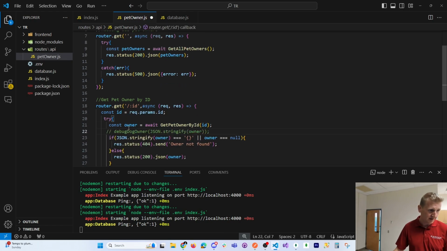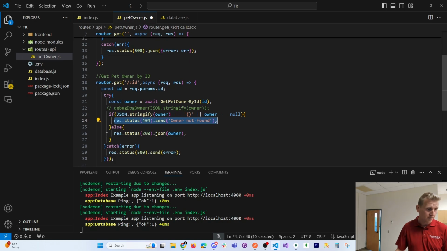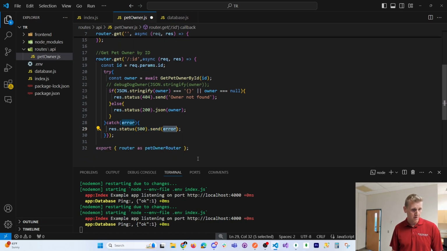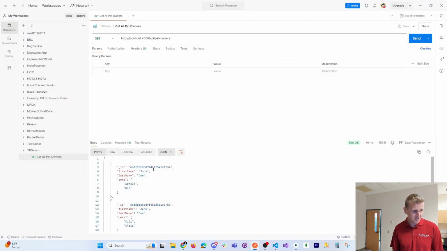And here I say if the owner is an empty string or the owner is null, we say owner not found. Otherwise we send back the owner. And if there's a database error, we just catch that server-side error and send that back. Okay, so what that will allow us to do is copy in this string, and I'm going to hit a